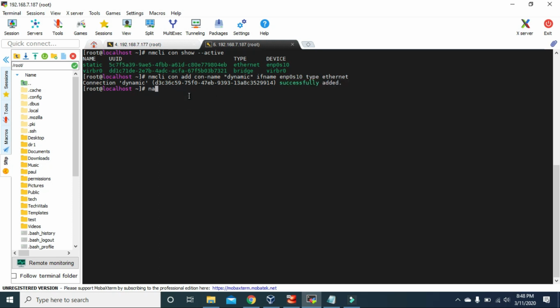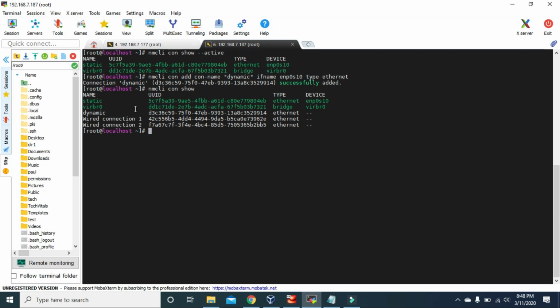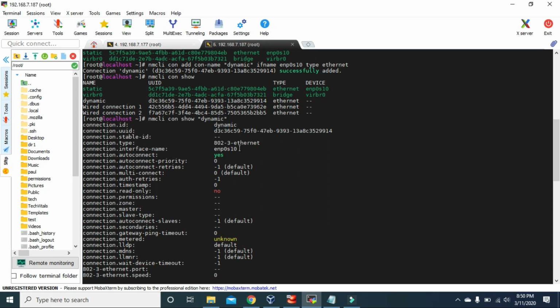If we see the nmcli connection, then dynamic is here, but it's not active right now. We can see the details of this connection by using nmcli con show and the name dynamic. We can see the interface or the device where the connection is created is enp0s10,